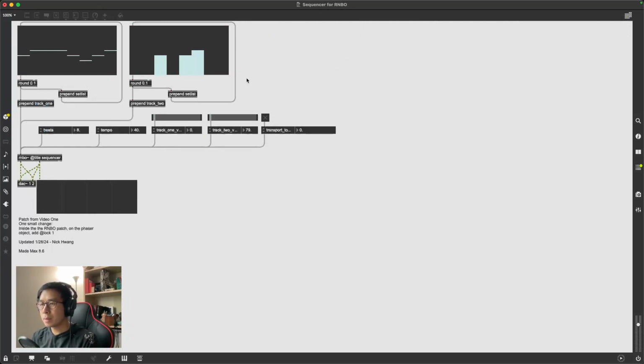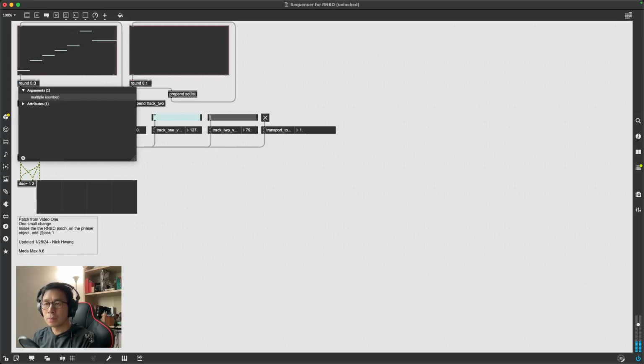I'm going to get rid of this object. And I will make sure that this transport is turned on. Slide this up. Let's see, can we hear anything? Tempo is 40. Oh, I might have turned it off. There we go. If I were to adjust this to 0.05,